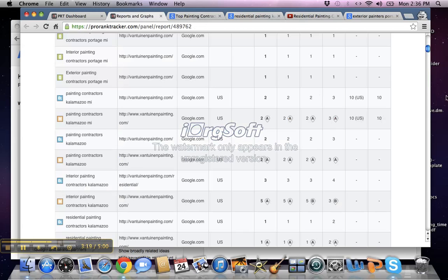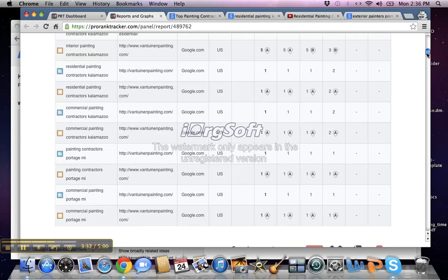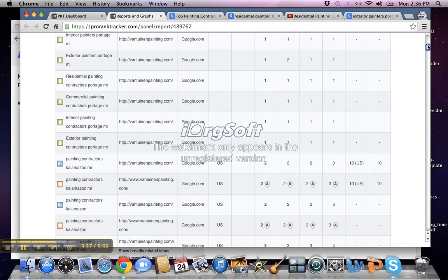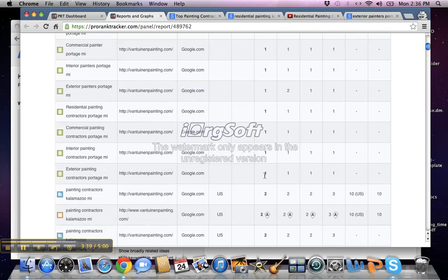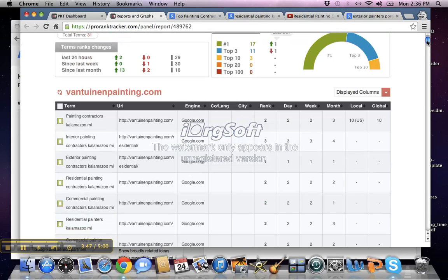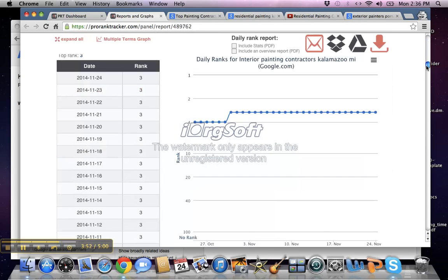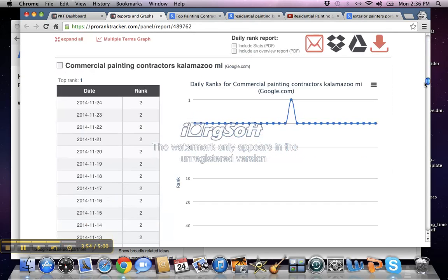So back to that, you can see with Jim's rankings here, he's position 2 for the local, 5 here, 1A here. The majority of all these terms he's ranking position 1 for. And more or less this is kind of dominating results. These are all position 1s for the website under these terms. Like I said, for all those terms, we're able to rank in these higher positions. Now, if I scroll down a little further, you can see the significant improvement that we were able to get with Jim's site,